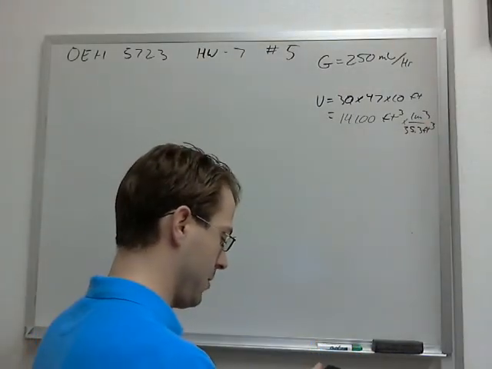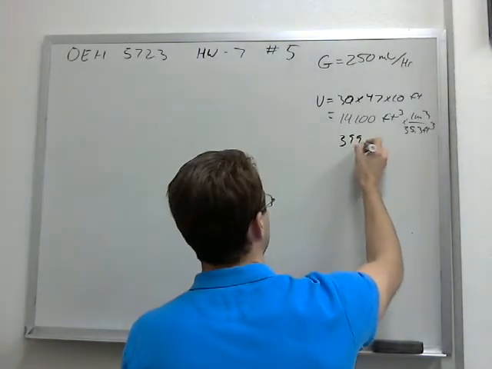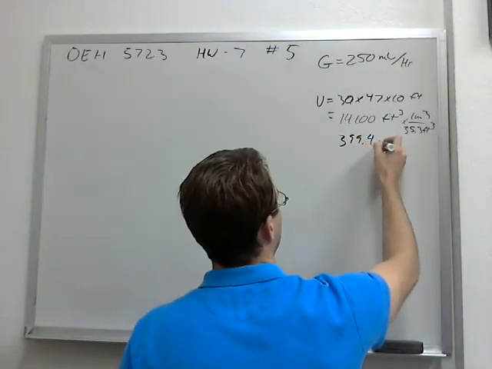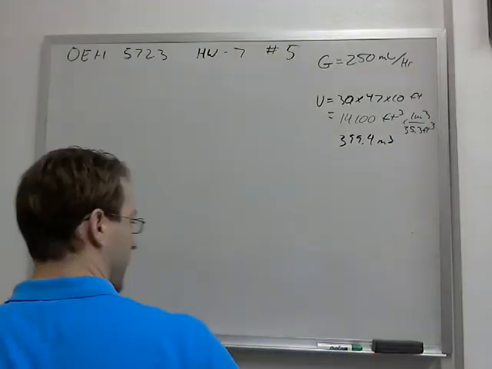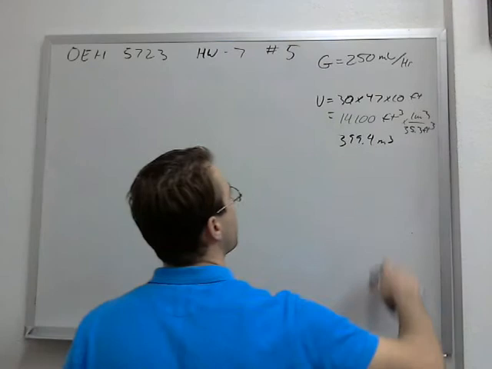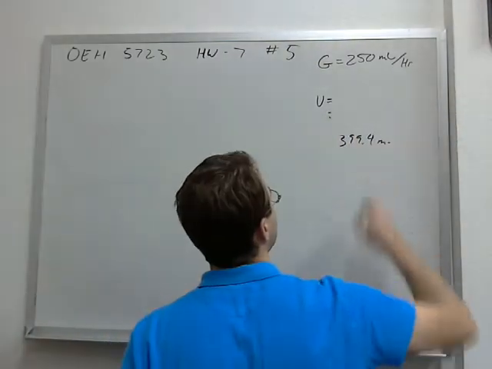So divide by 35.3, and we're left with 399.4 cubic meters. I just can't keep that paper straight. All right, so our volume is